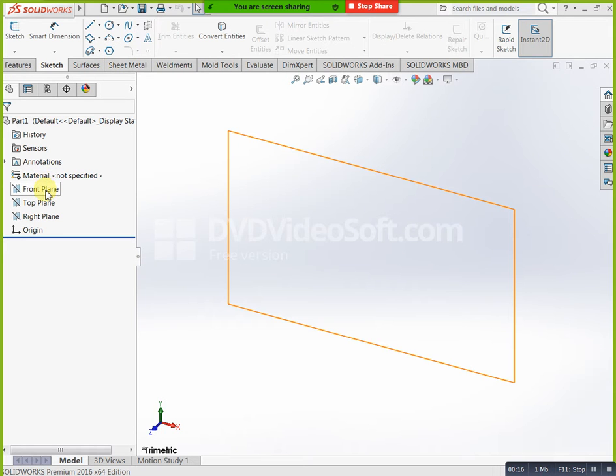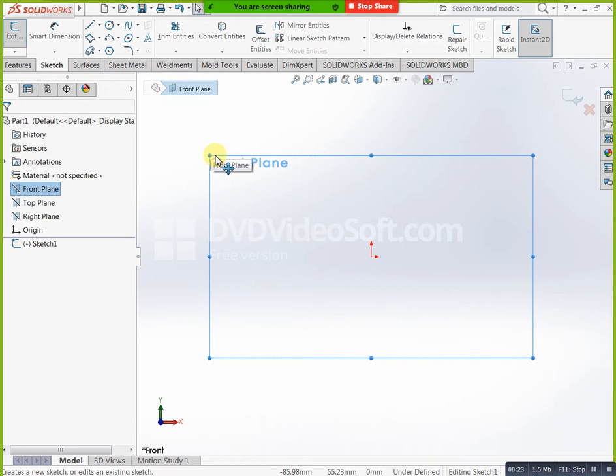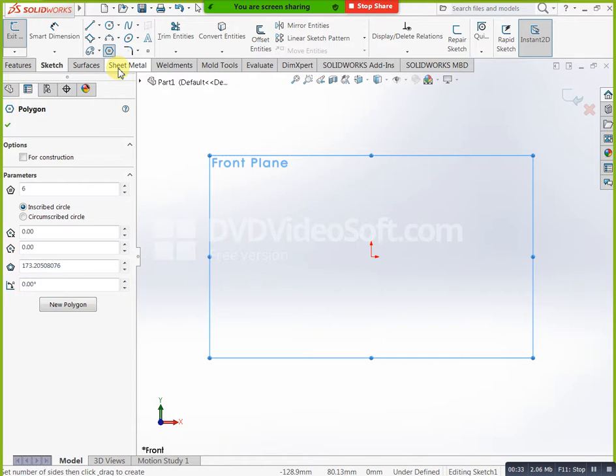Okay, just select any one plane and click on sketch. Automatically you will go to the sketcher interface. In this sketcher interface, whatever profile you require, you can select that shape and draw directly. Here I selected polygon. Polygon means three or more than three sides. For example, triangle, square, pentagon, hexagon, heptagon, octagon, these all we consider as polygons.